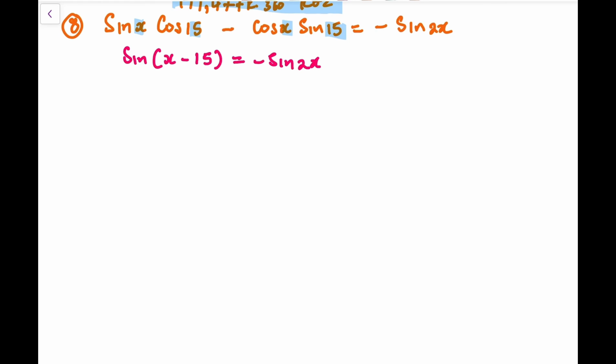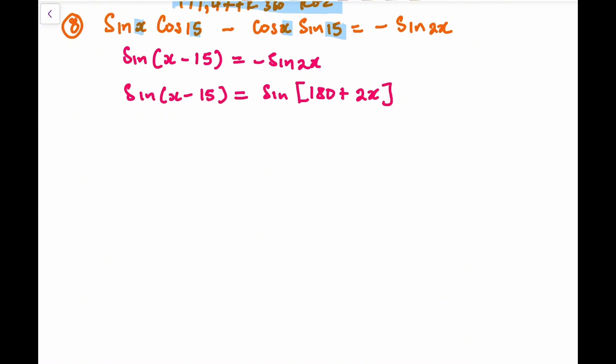2x. Now you'll notice that we have sine on both sides. So if we have sine and sine, we can always drop sine and sine, and then we work with angles. But before I even do that, you will notice this one is now negative. So sine of x minus 15 is equal to, I want to remove this negative. How do I remove it? I will write this as sine of 180 plus